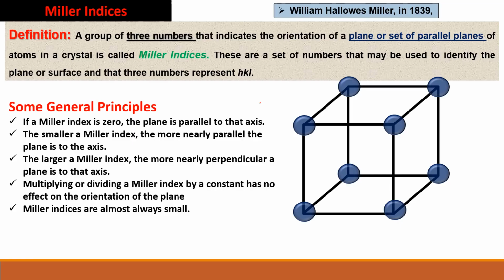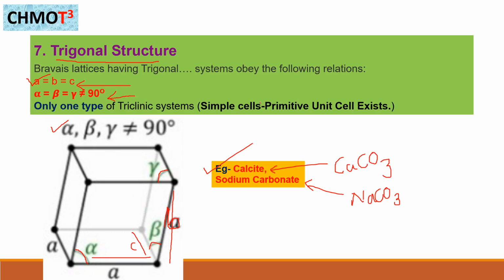I hope that you understand the topic of the three-dimensional lattice, and we have studied the 7 fundamental or basic types of crystal structure. But before going further, we have discussed the point that there are a total of 14 Bravais lattices. So how can we calculate the total of 14 lattices?